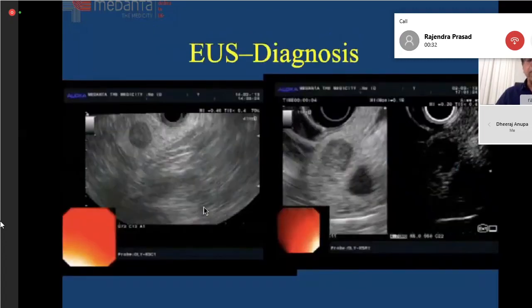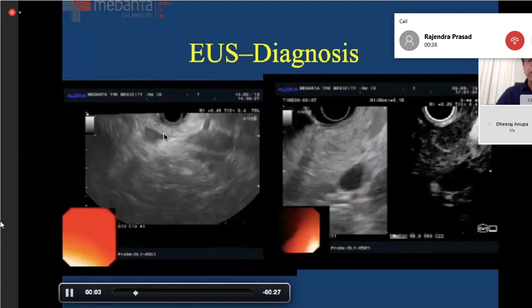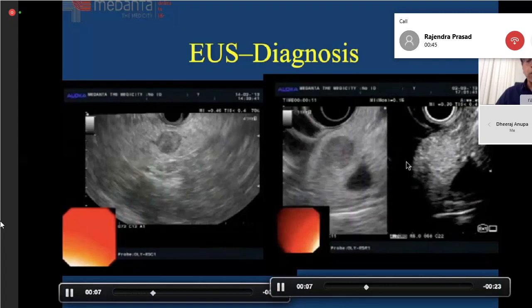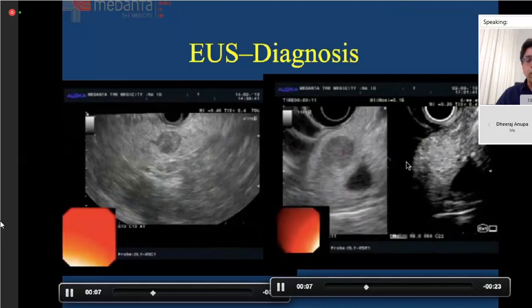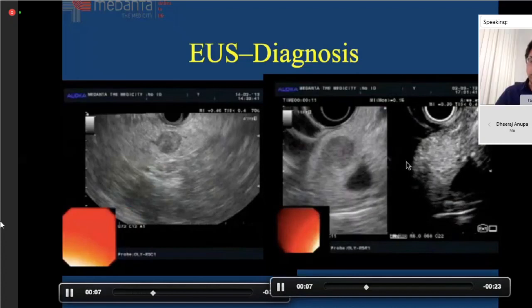This is a comparison of EUS versus MDCT. These are old studies, but EUS scores for the diagnosis of pancreatic lesions which are less than 2 centimeters. Look here, the 6 millimeter lesion on EUS. On contrast, people look for hyper enhancement, hypo enhancement, iso enhancement. Hyper is neuroendocrine, normal or inflammatory, hypo is cancer. In contrast EUS, if it is a hypo enhancing lesion, you compare it with the surrounding pancreatic parenchyma. If the lesion is hypo enhancing, it is a pancreatic cancer. If the lesion is iso-enhancing,